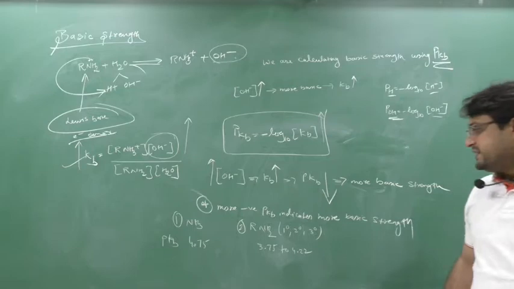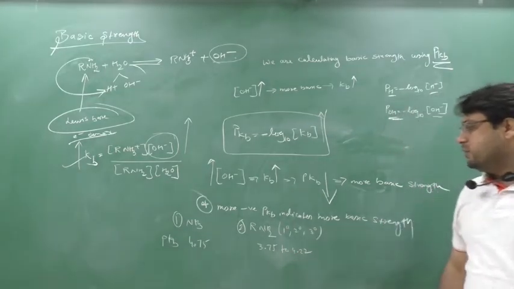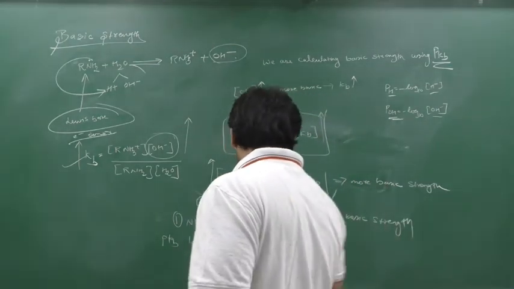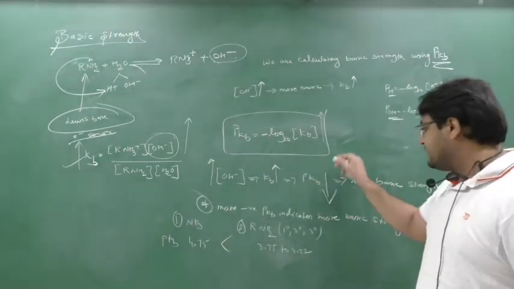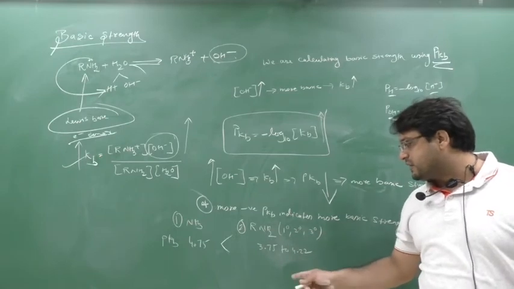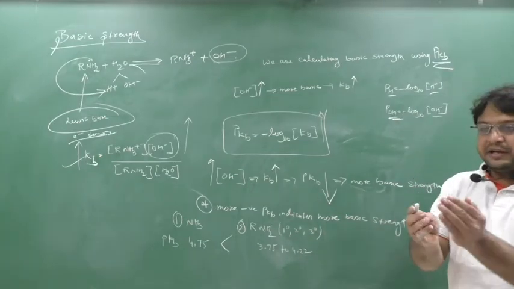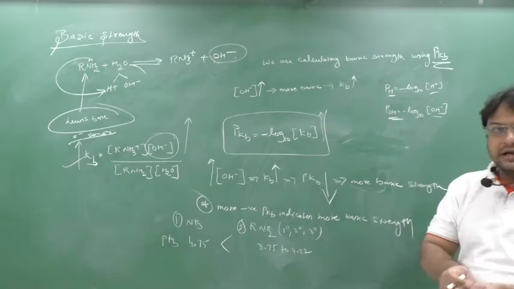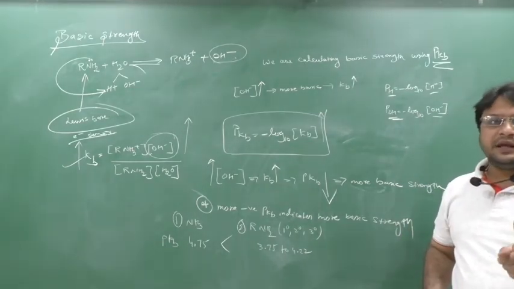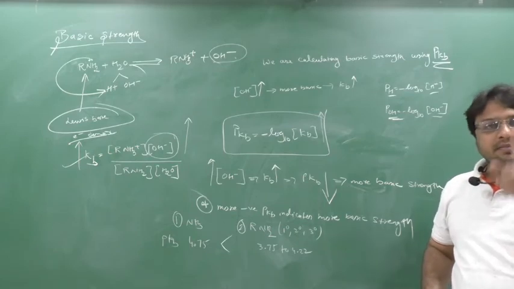So beta, who is less? The amine pKb value is less. Amine pKb value is less means they will be more basic, because pKb should be less, either less or more negative. So here negative value they have not given, they have given the lesser value. So if pKb is given in terms of negative, more negative or lesser the value of pKb, more basic strength.